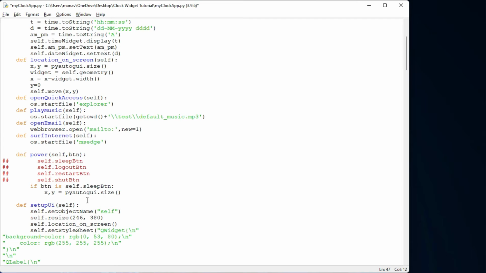And now I'll use PyAutoGUI dot moveTo, then my cursor will be moved. Where I'm moving: x is width minus 5, and y is height minus 10.